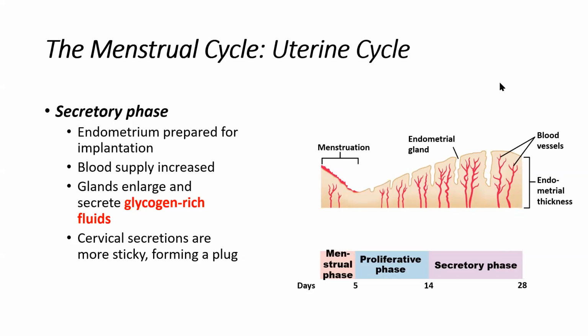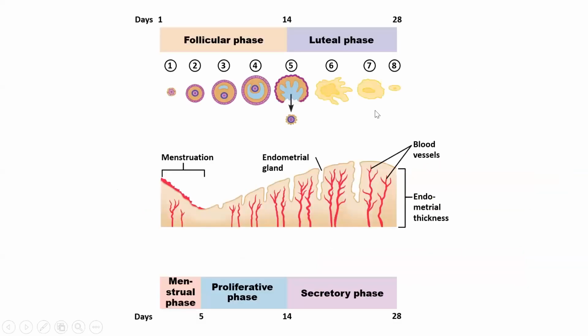Because birth control alters your hormone levels, especially estrogen, so you don't ovulate a mature oocyte normally, and you don't prepare the uterus for implantation. So you don't have these events taking place if you're under the influence of the hormones in birth control. Okay, that's a really good question.